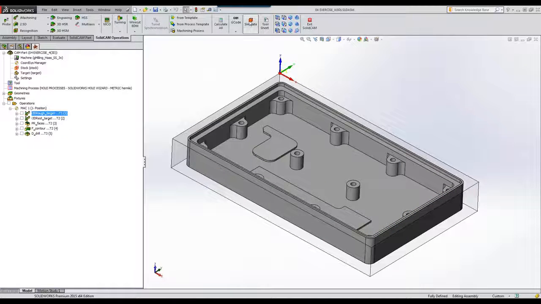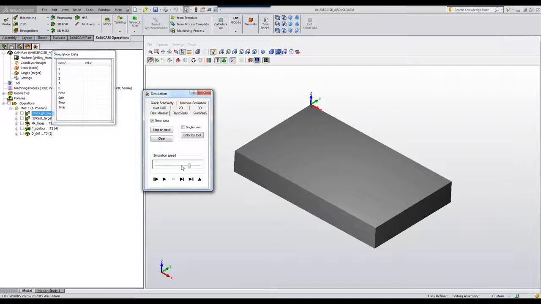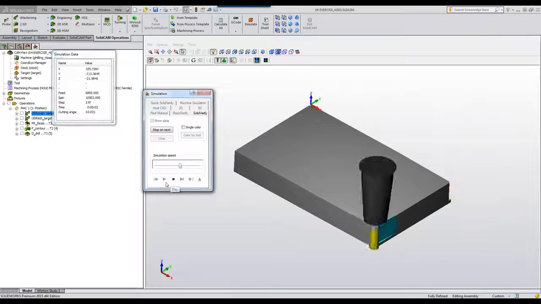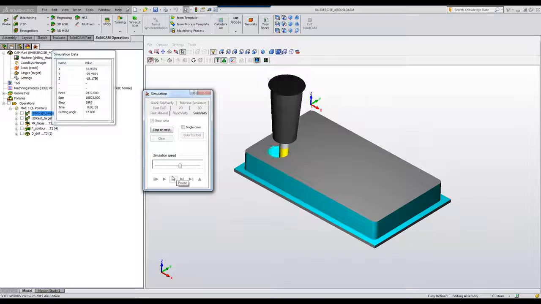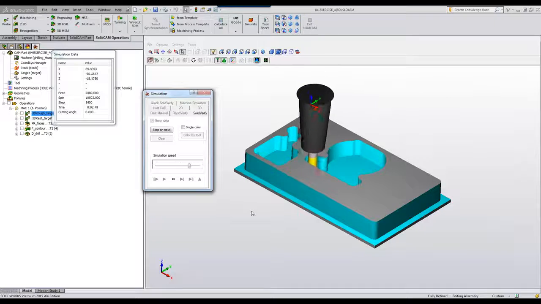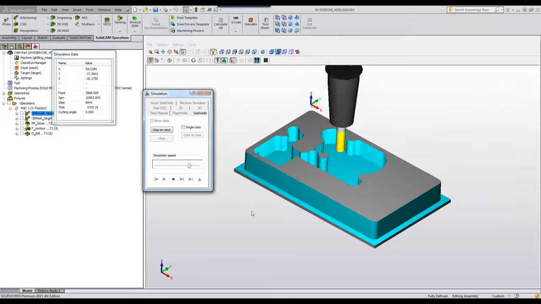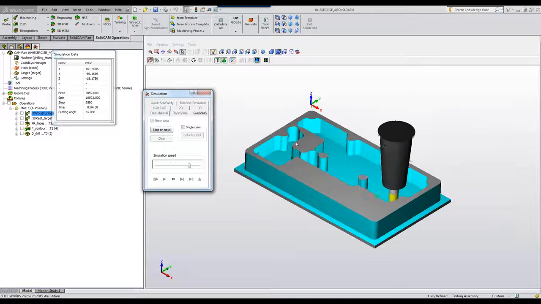If I take a look at the simulation this time, you'll see this time, all right, it first does the outside, which is fine, which is what I did also last time. And then it starts working on the inside. Now, since it recognizes the entire target, it knows to avoid that wall where it goes around. In fact, what it will do, it will actually change its tool path different from what it did before in the 2D so that it can actually mill the entire top of that wall